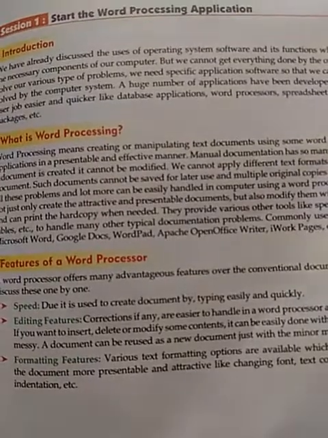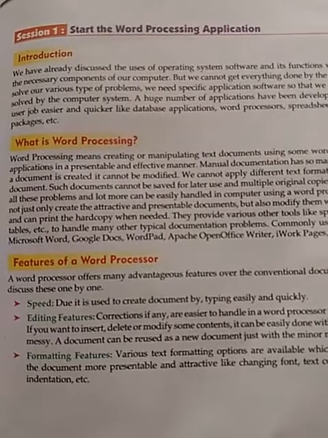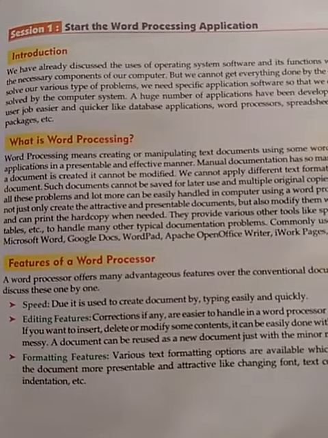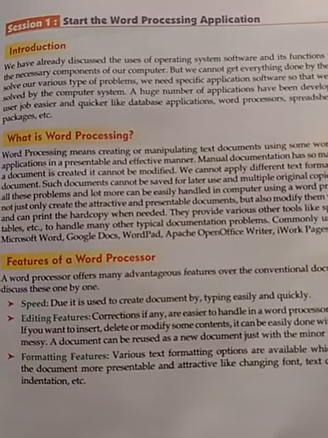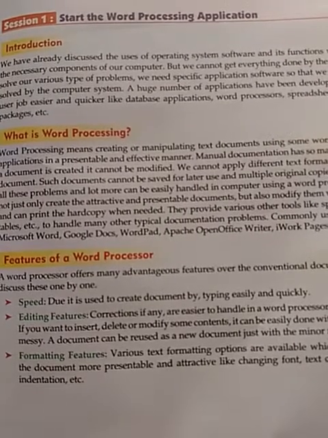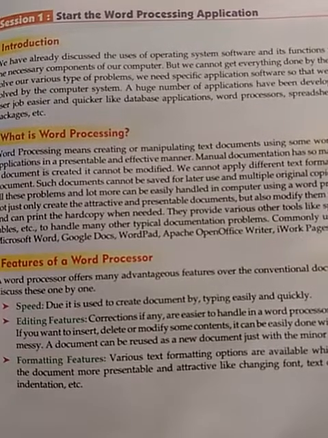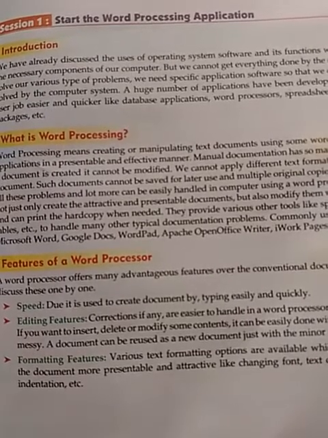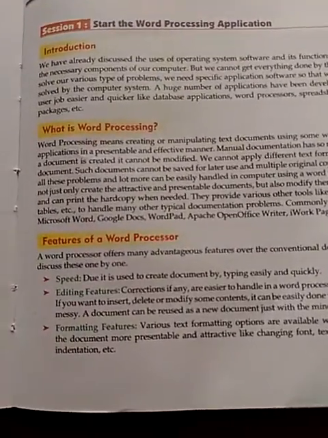Some of the shortcut keys for editing documents are Ctrl plus A, it is for selecting the document. Ctrl plus B to make the text bold. Ctrl plus X, it is for cut. Ctrl plus C, it is for copy. Ctrl plus V, it is for paste. Likewise, there are many other shortcut keys also which we will discuss in a later section of the chapter.